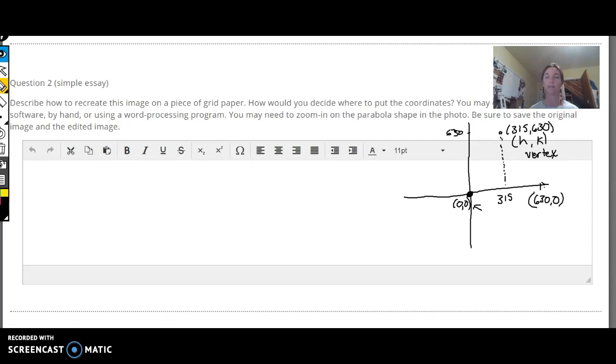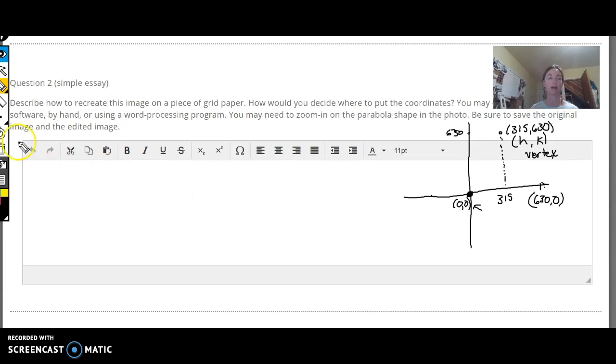So that's what makes the most sense to me. You could move the vertex over to the y-axis, and then you'd have a negative 315 here, and your vertex would be at 0 and 630. We're going to get a similar quadratic equation either way,